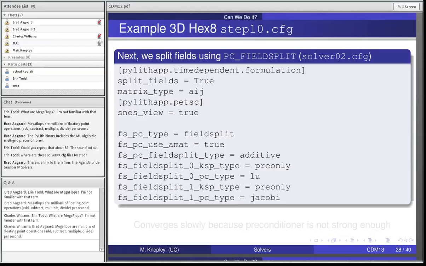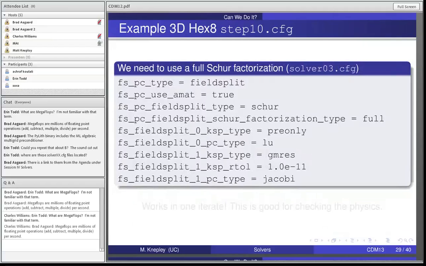Now, I would never do this. I just want to show you that this does not work. Even if you solve them exactly, it does not work, and it converges really slowly. So don't do this, but do this next one, which is instead of LU, we say do the Schur complement